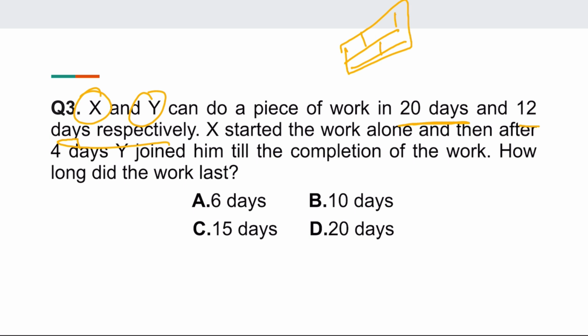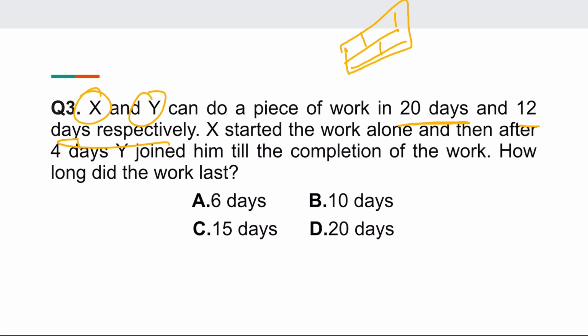I hope you understood that X started the work first, and after 4 days, Y joined him, and then they completed the work. So how long did the work last? I hope everyone understood the question. If you did not understand it, let's read the question once again and then move forward. X and Y can do a piece of work in 20 days and 12 days respectively. X started the work first,